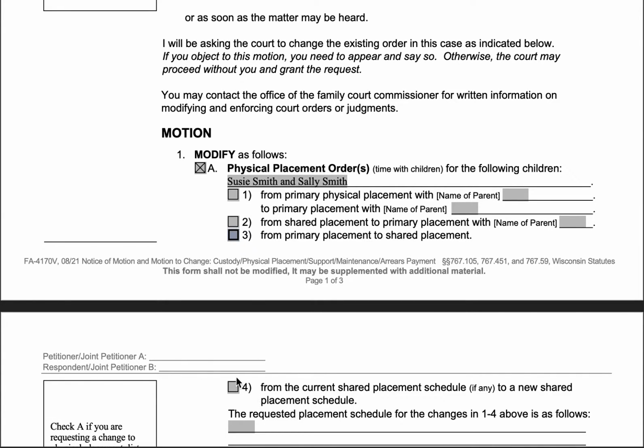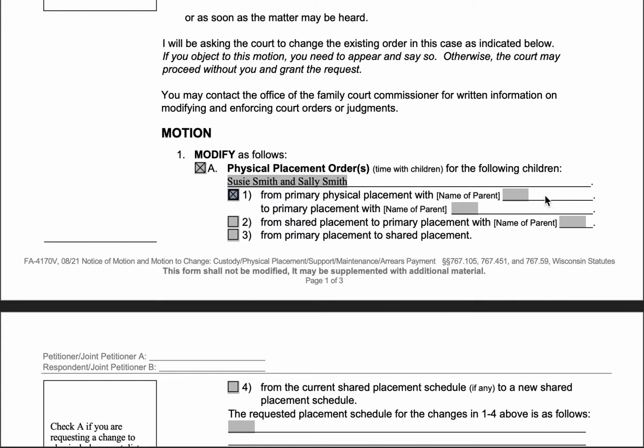Number 4 is sort of the catch-all if you just want to change your schedule. So in our hypothetical, if the children currently live with Jane and John, let's say, has every other weekend, and he doesn't want to have the children live mostly with him, he just wants it to go from, say, every other weekend or every weekend to Tuesdays and Thursdays or every other Tuesday. He just wants to change what the days or times or that sort of thing are. That's going to be number 4.